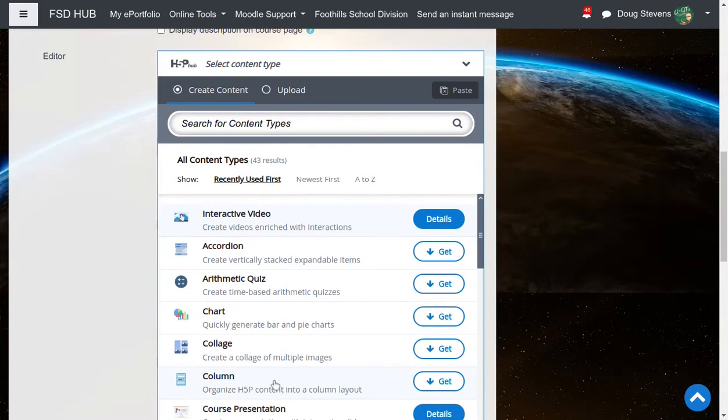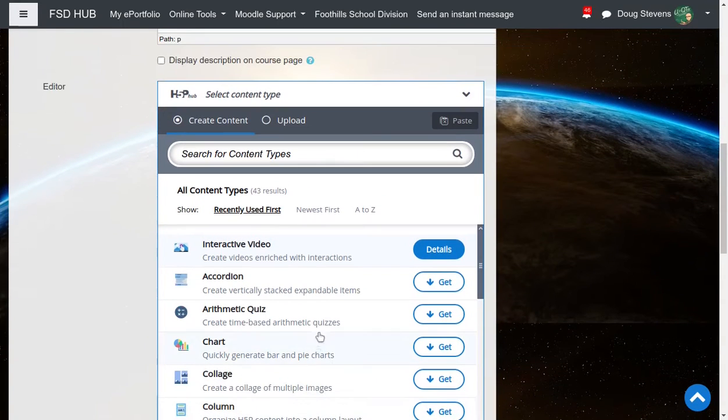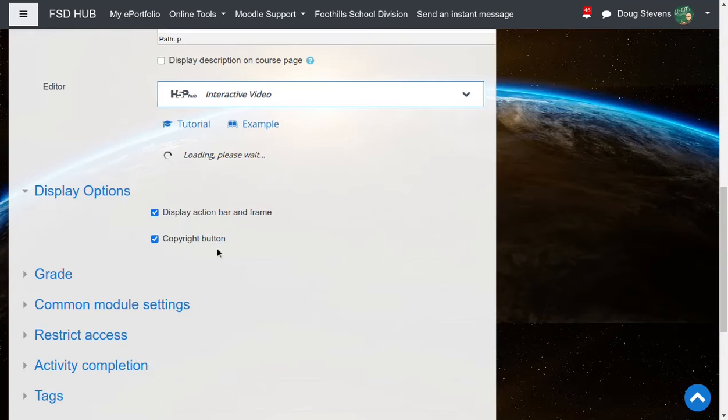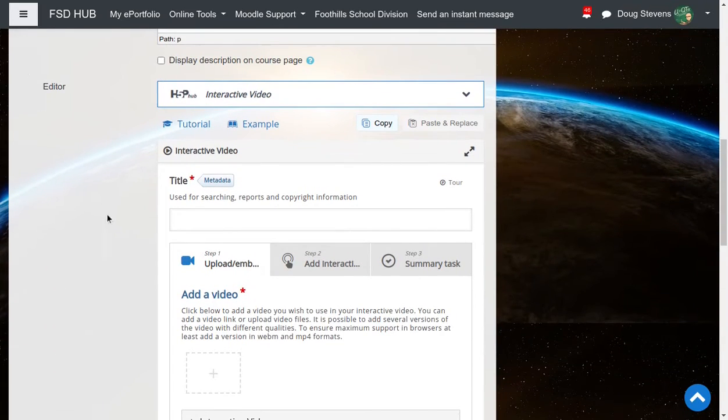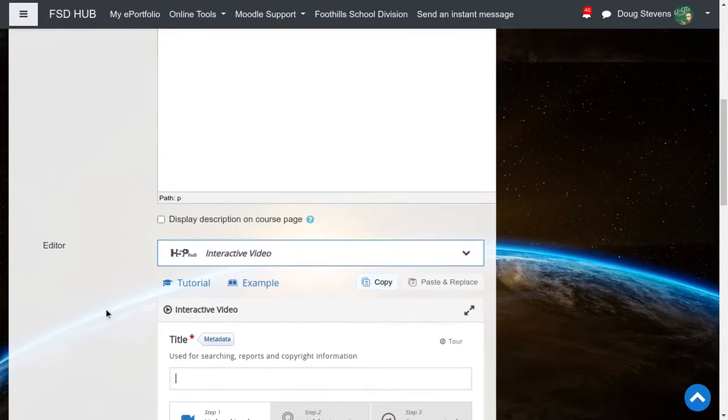When I get to the content piece, it does give me a lot of choices. For me, the most common one that I tend to use is interactive video, because then I can use video off of either YouTube or that I've pulled from a legitimate site and embed some of this interactivity in it. And so if I click interactive video right now, it will take me to my typical page. Now, the title is exactly what you want this thing to be called. So that's just like the title in